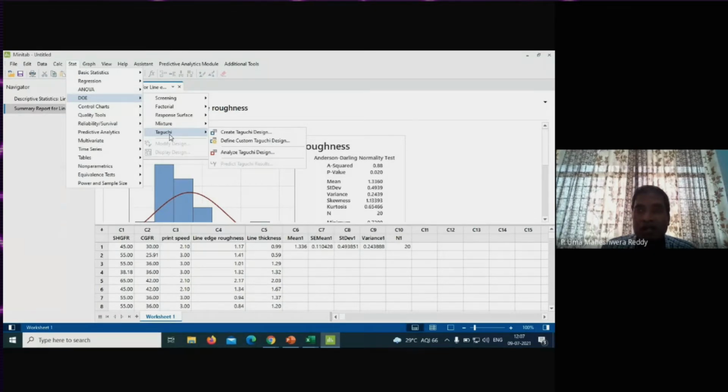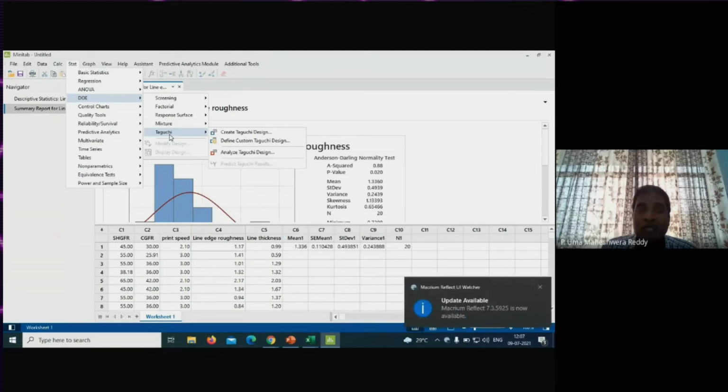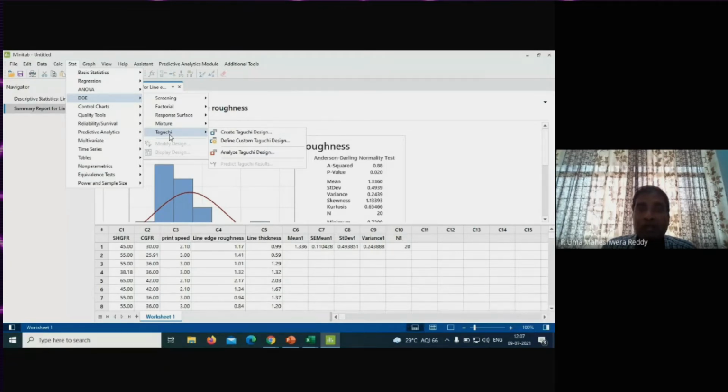What is that noise? The noise is temperature variation. To fabricate the tiles, you need a thermally insulated oven, and in the oven there is uneven temperature distribution. Because of the uneven temperature distribution, you get different dimensions in the output, not as per your desired dimensions and tolerances, deviating in the output.